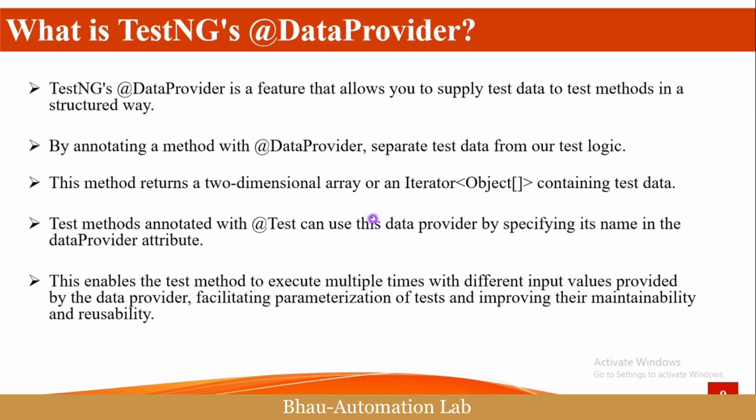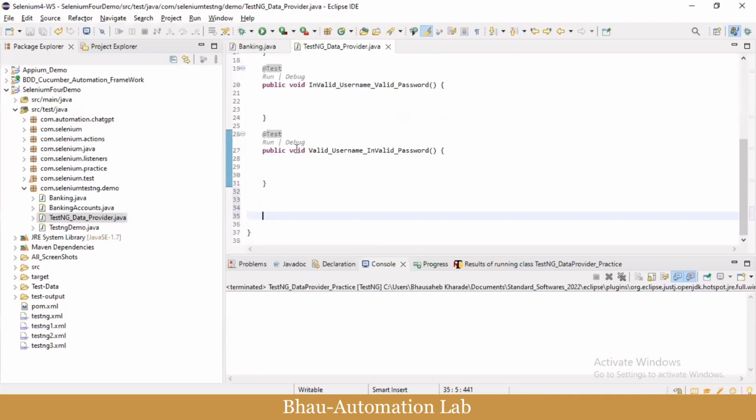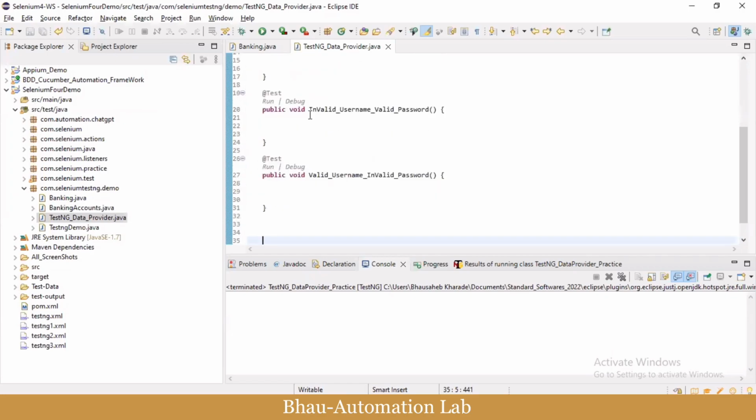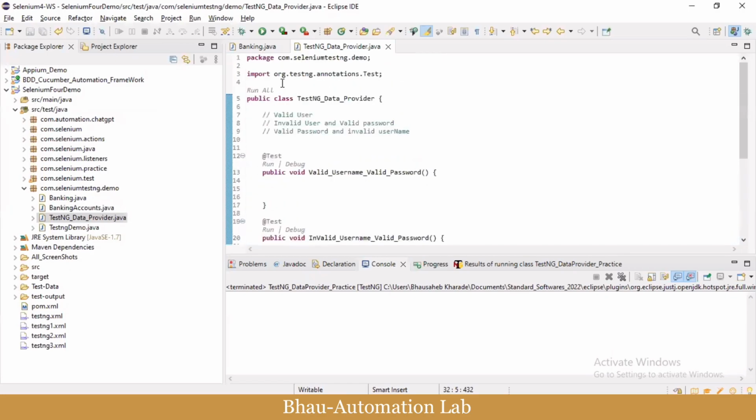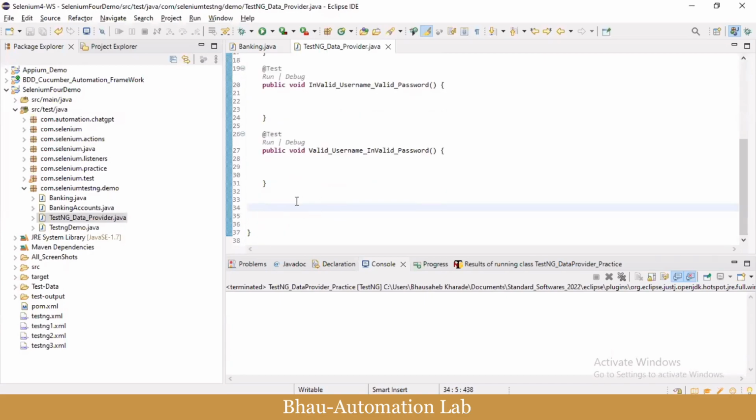So let's say I'll create one method inside this class. Okay, simple. So I'm not going to write three types of tests to test these three types of data sets. I'll create one single data provider annotation and one single method to test all these three types of data sets. Okay, so first of all, let's create one public